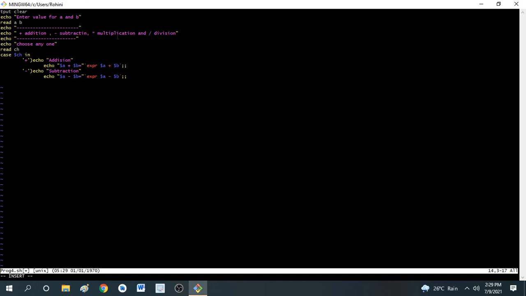So it is not a single quote, it is a tilde symbol, which is available below the escape key. So this is the symbol which is present below the escape key.